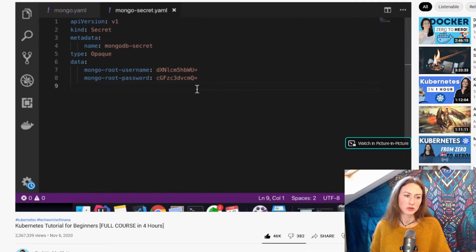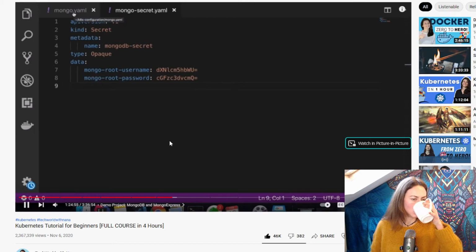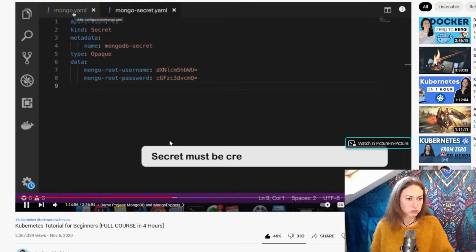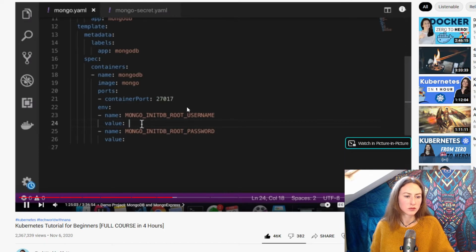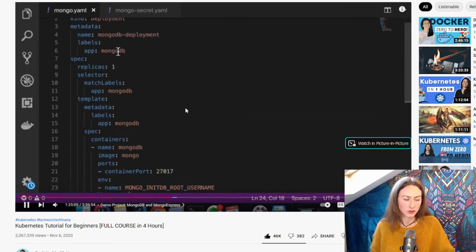Okay. Now, we have only written configuration files. We haven't created anything yet in the cluster. So this is just preparation work. And we have to create the secret before the deployment if we're going to reference the secret inside of it. So the order of creation matters. Because if I'm creating a deployment that